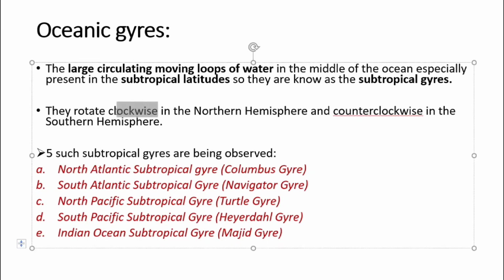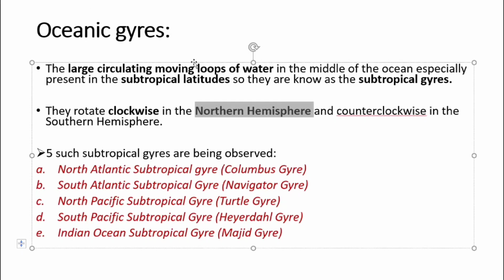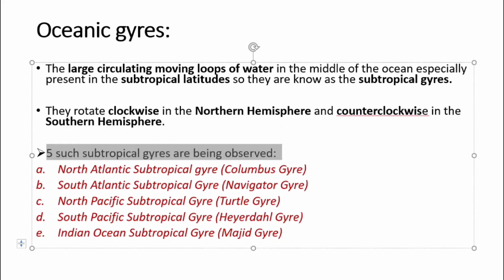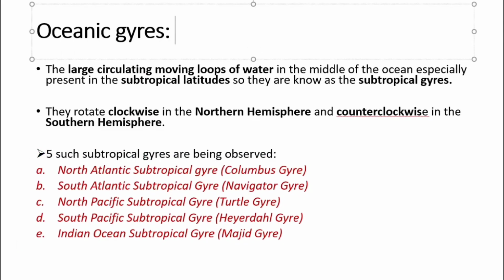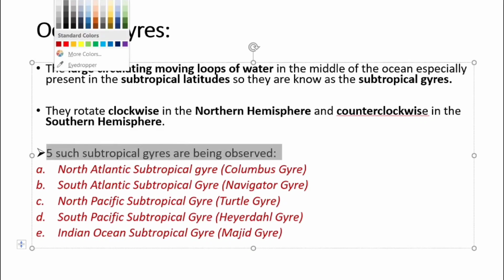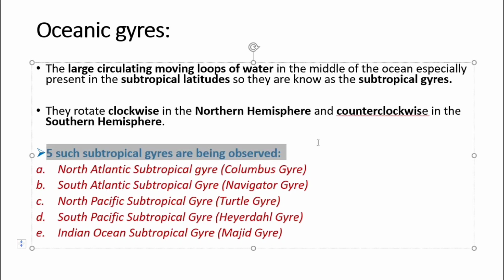दिस इज अ वेरी इंपॉर्टेंट थिंग। अब इसके बाद क्या है, तो मैं यहाँ लिख देता, यहाँ पर मेंशन है, दे रोटेट क्लॉकवाइज इन नॉर्दर्न हेमिस्फीयर एंड काउंटर क्लॉकवाइज इन द सदर्न हेमिस्फीयर। कुछ छोटी छोटी चीजें आप ध्यान रखेंगे हमेशा। फिर इसके बाद हम पढ़ते हैं कितने टाइप ऑफ गाइर्स होती हैं। स्पेशली मैं बात कर रहा हूं अभी सब ट्रॉपिकल गाइर्स की। कितने टाइप हैं? दीज आर 5 टाइप्स, ठीक है। 5 सब ट्रॉपिकल गाइर्स ऑब्जर्व की गई हैं, ठीक है, जिनका नाम मेंशन है। वन इज द नॉर्थ अटलांटिक सब ट्रॉपिकल गाइर,